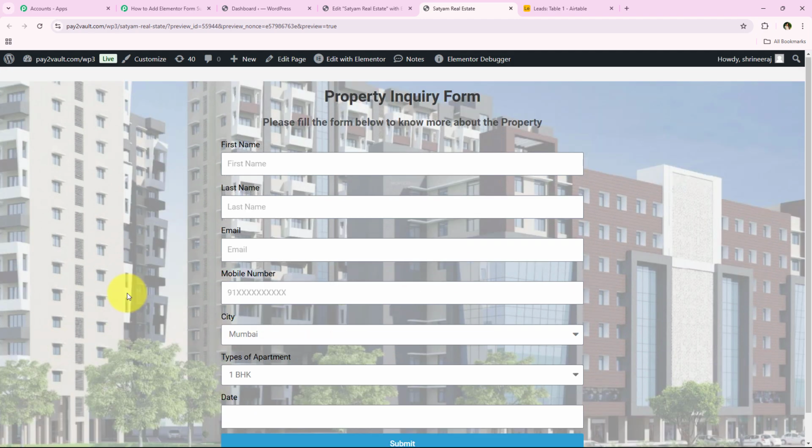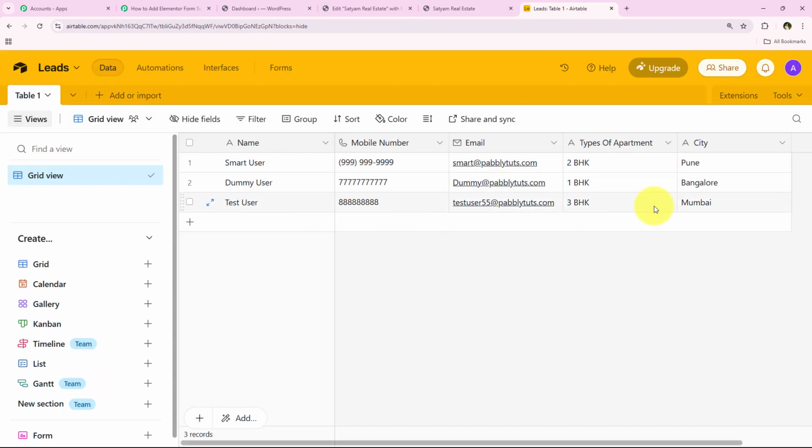So now what has happened is that Elementor has sent the details of our test submission to our workflow, Pabbly captured the response, triggered this workflow, and further added the details into our Airtable account. So what we're going to do is I'm going to open my Airtable account and check for the details added in there. And this time we are not going back to our workflow and clicking on save and send test request. I'll directly open my Airtable account right from here, and yes, you can see the lead details have been